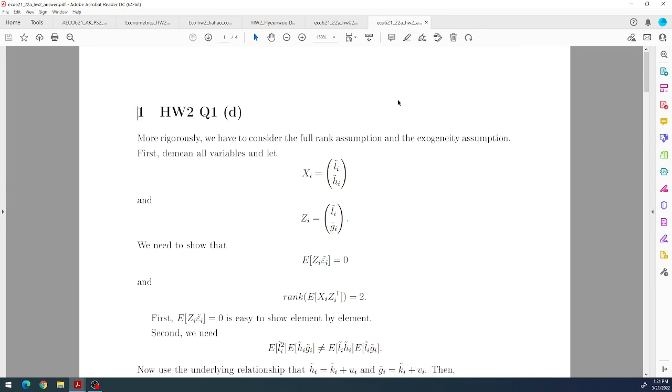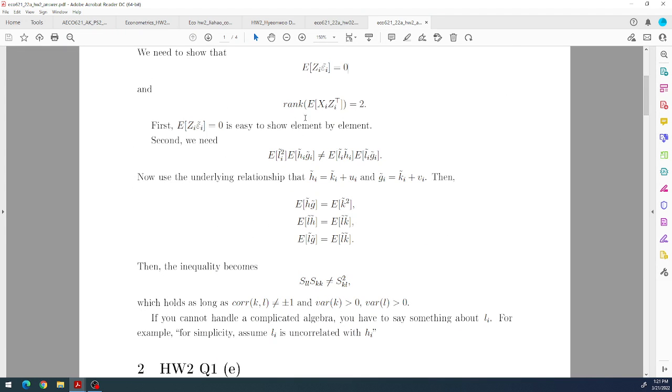Intuition is not wrong, but what I wanted you to do is something like this. We have to consider the full rank assumption because there are three regressors, and you may delete the constant by taking demeaned variables. Demean all the variables, and simply I replace all the variables with variable tilde. Then it means the mean is 0, and x is regressors, and z is exogenous variables. And then what we need to show for the identification is the exogeneity condition, which is pretty obvious,